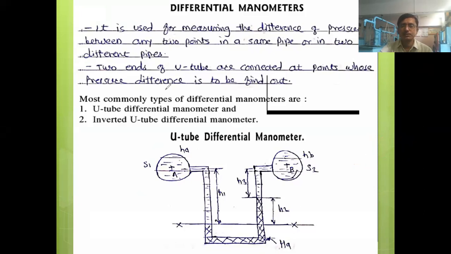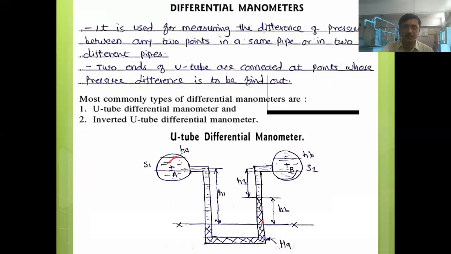Again, in differential manometers, we have seen there are two types. One is the U-tube differential manometer, and the second is the inverted U-tube differential manometer. We also discussed why these two are different and what was the necessity for the construction or invention of the inverted U-tube differential manometer. Right. So how did we evolve the equation for finding the pressure difference? Here we have applied the same principle. The notations are as usual.